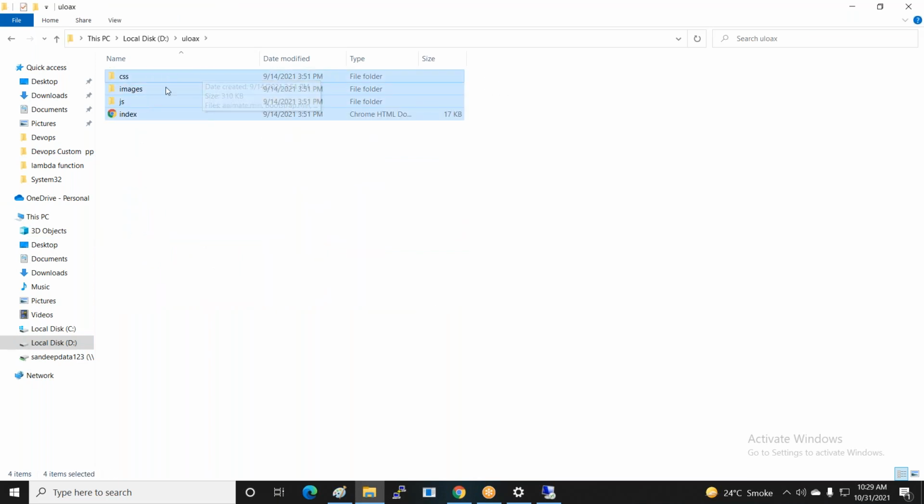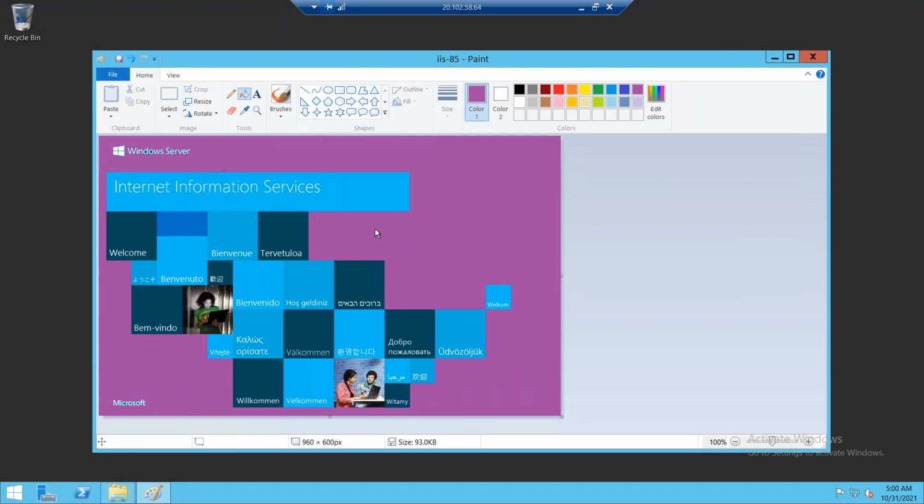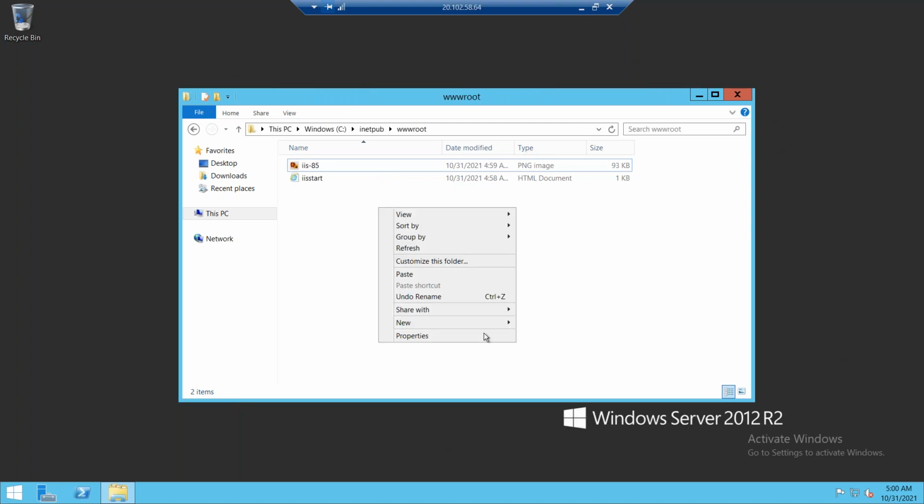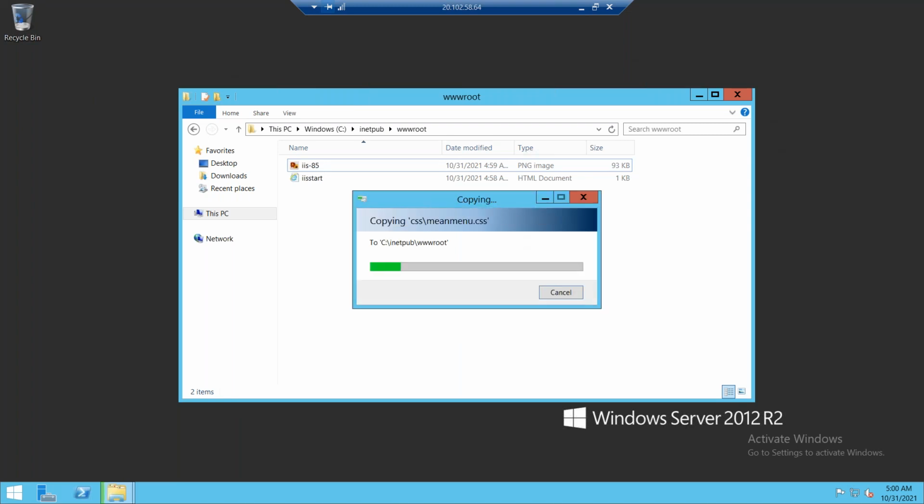I copy this website, the already created website, or you can download a demo website from the internet. Now I come to the location of this file. This is the location. Now I paste the website to this location. When the website is copied, you can refresh and see the new website is running.